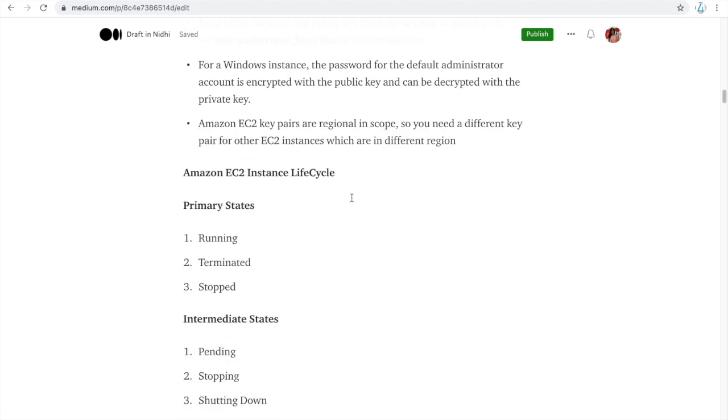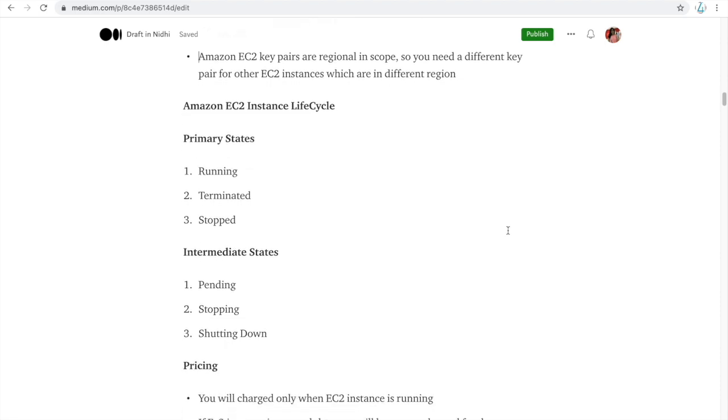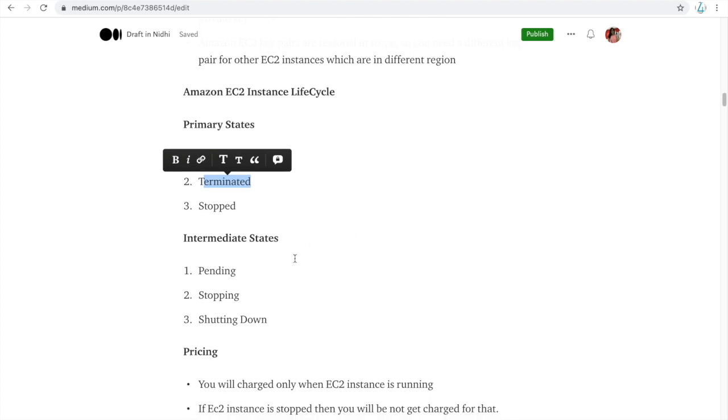The second topic is the AWS instance life cycle. When you create an EC2 instance, there are three primary states: running, terminated, and stopped. Running means it is running, and terminated means it is shut down and now you cannot do anything. Stopped means you just stopped it because you are not working right now. There are some intermediate states also.